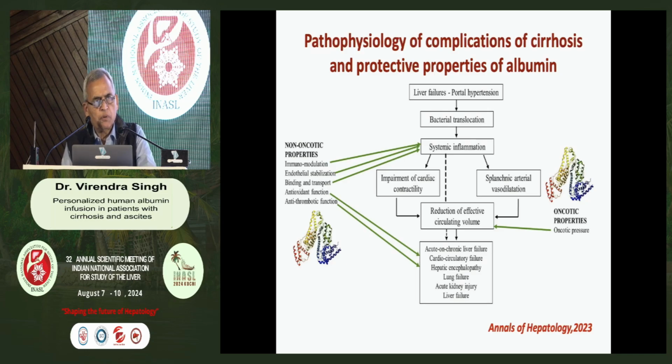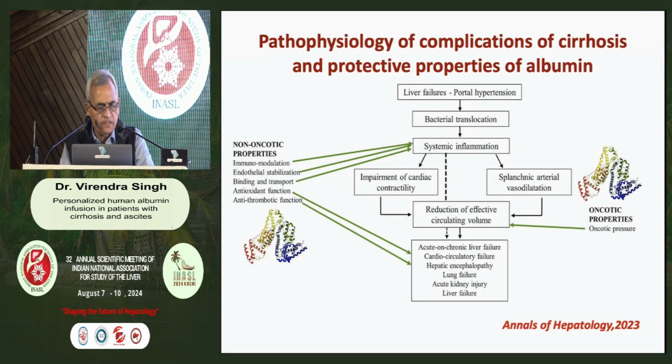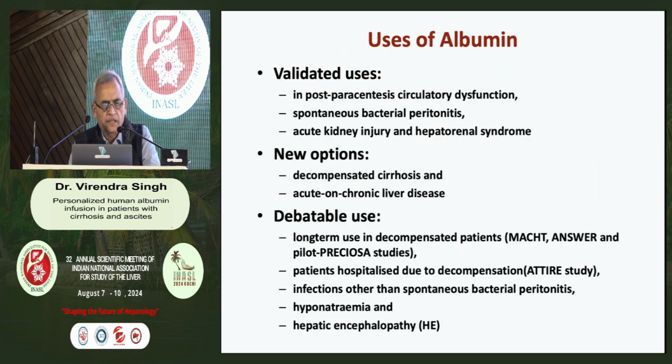The oncotic properties and the non-oncotic properties. In the oncotic properties, everybody knows there is a decreased effective arterial blood volume in patients with cirrhosis, so it takes care of that. The non-oncotic properties are through the immunomodulation, endothelial stabilization, binding and transport, and the antioxidant function and antithrombotic function. The validated uses in patients with cirrhosis are the patients with the PICD, that is the imposed